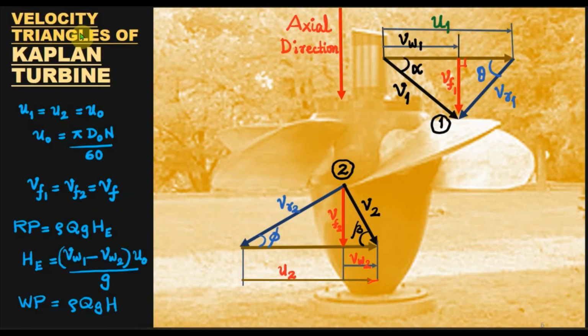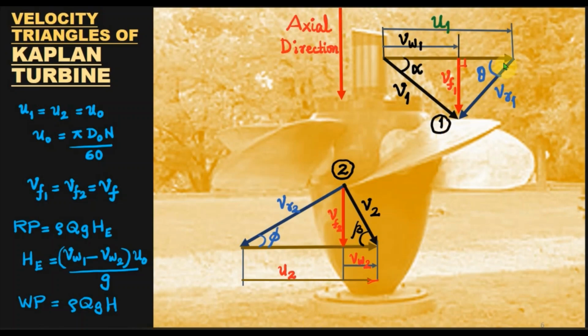Now we will discuss the velocity triangles of the Kaplan turbine. You are familiar with this runner already. Here we have the runner vanes, and you consider one such vane, and here 2 points have been marked, 1 and 2. 1 is the inlet tip and 2 is the outlet tip, and the axial direction here is vertically downward along the axis of the runner shaft. So the flow is in the axial direction, that is the direction of Vf1 and Vf2. The flow components of velocity Vf1 and Vf2 will be vertically downward in this case.